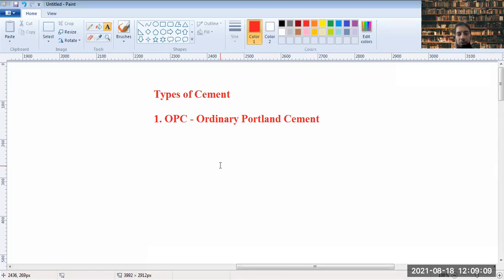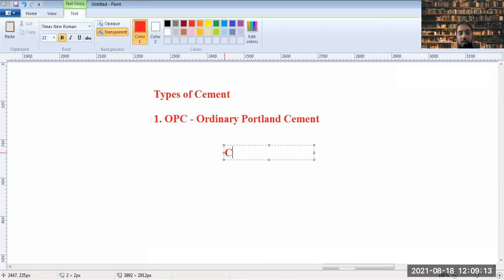And what is the composition of ordinary Portland cement? That we have already discussed. It is produced from chalk plus limestone, or limestone, combined with clay, the aluminous clay. Once that is done, some amount of gypsum is added after the clinkering stage, so you get the final product.